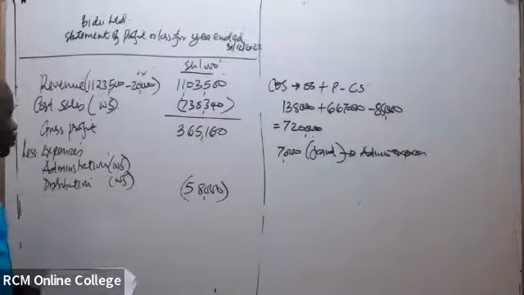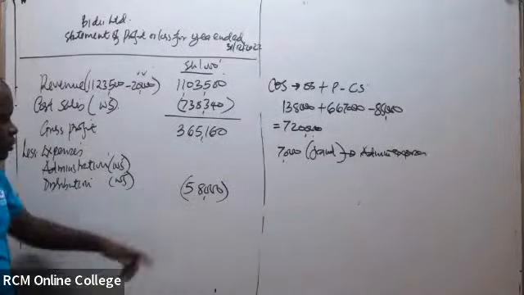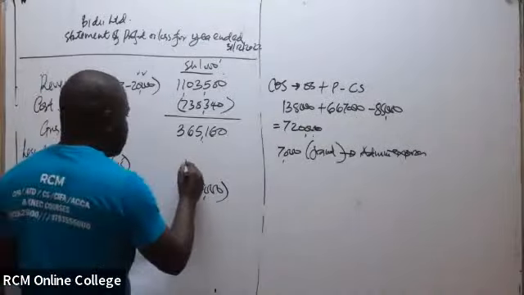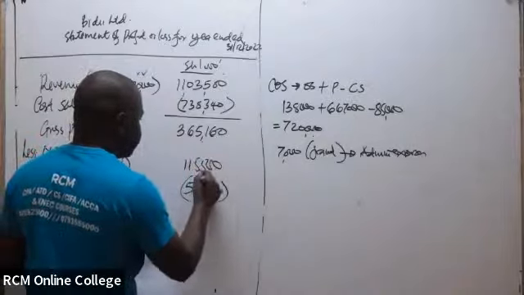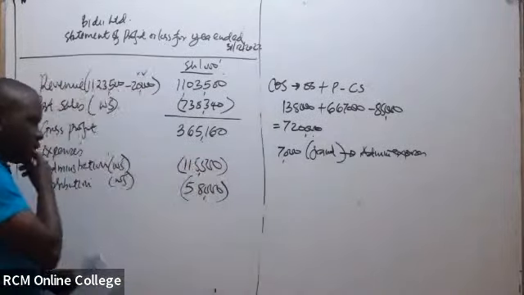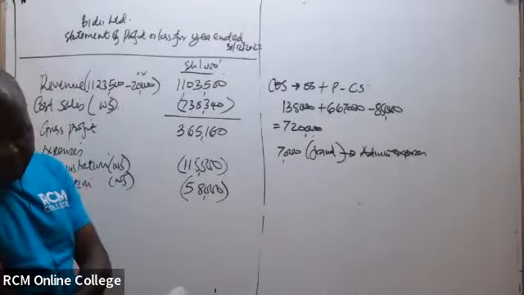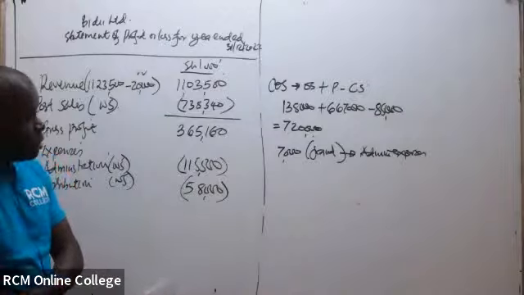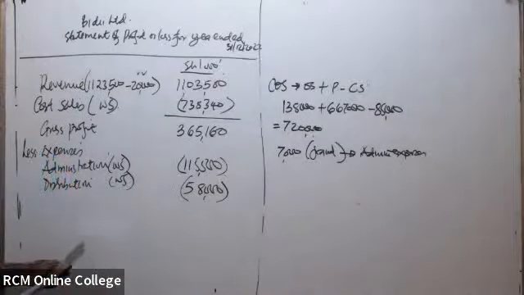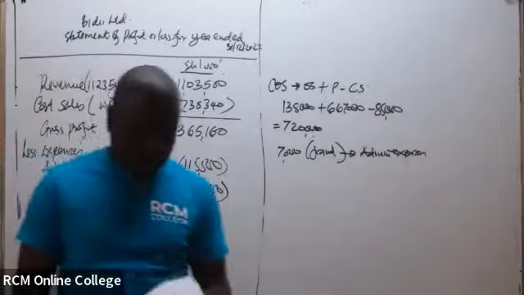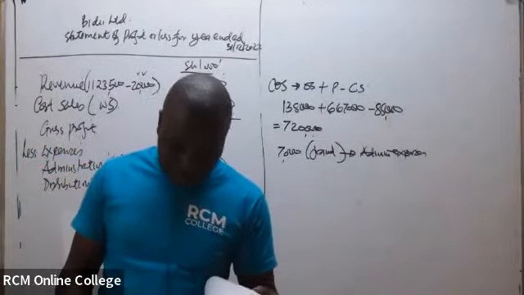Administration expenses was coming to how much? This one was 58 million. Administration was 115,500. So that is in this case the admin and of course what? Distribution expenses. Admin and distribution expenses. So there's no finance expense. This means in this case, I think there's a finance expense of